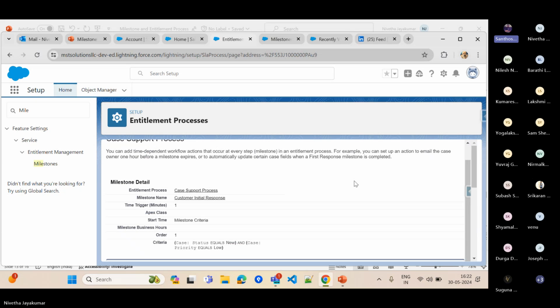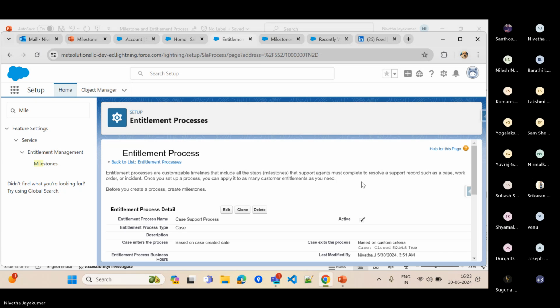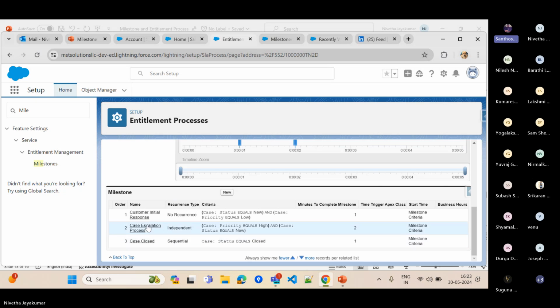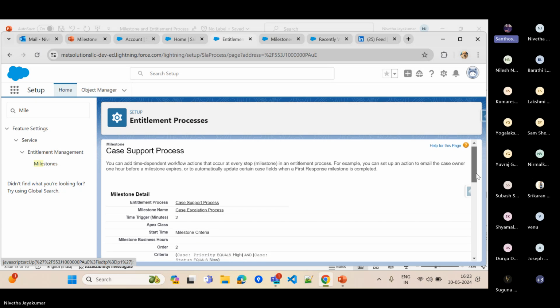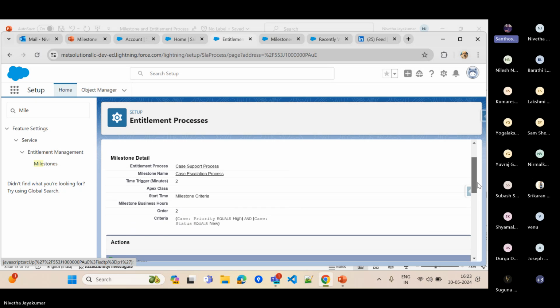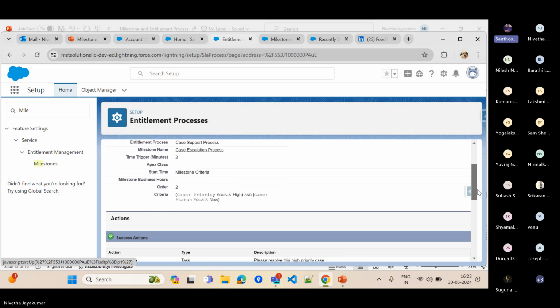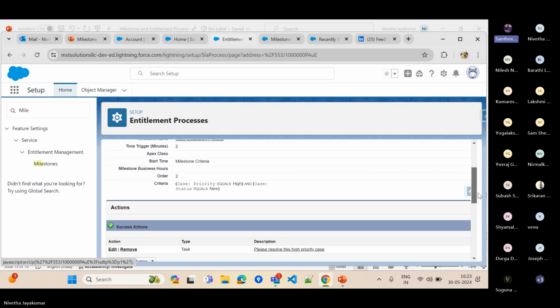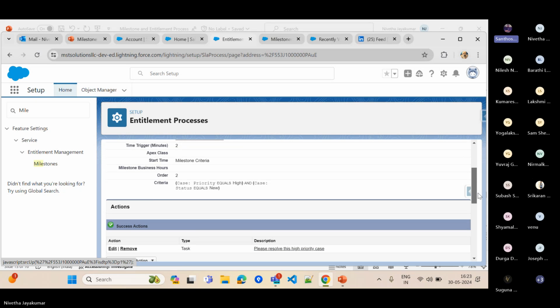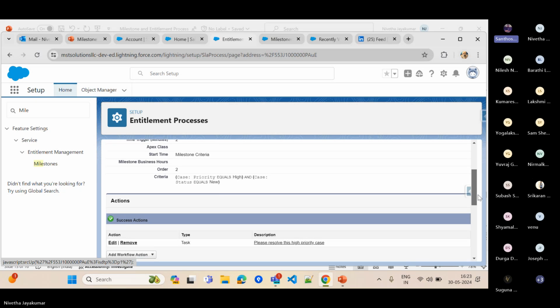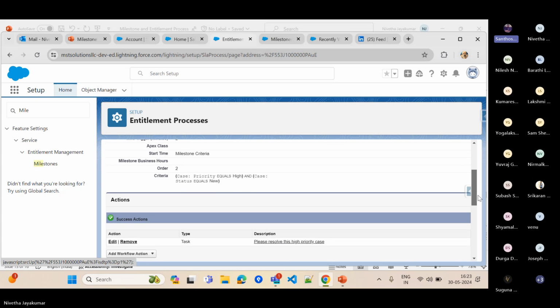So the next milestone is that whenever the case priority becomes high, this milestone will start. So now the case priority is high. As part of the success action, we are going to create a task. And then as part of the warning action,